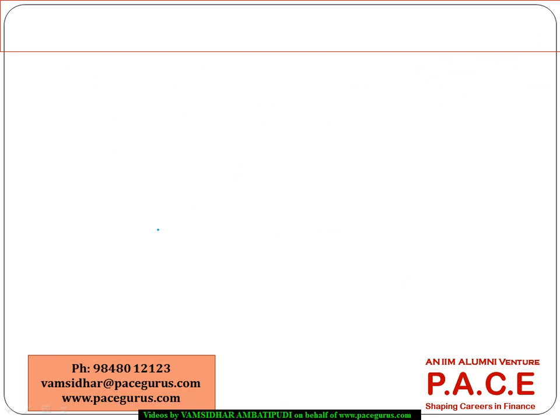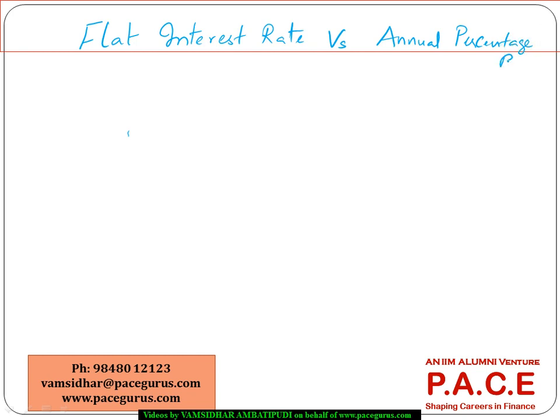And one more dimension that is worth looking at as a part of this session is the concept between flat interest rate versus annual percentage rate. See, generally when I am using the word flat interest rate, it's more of a simple interest kind of mechanism, where all I will do is, during the entire loan period,